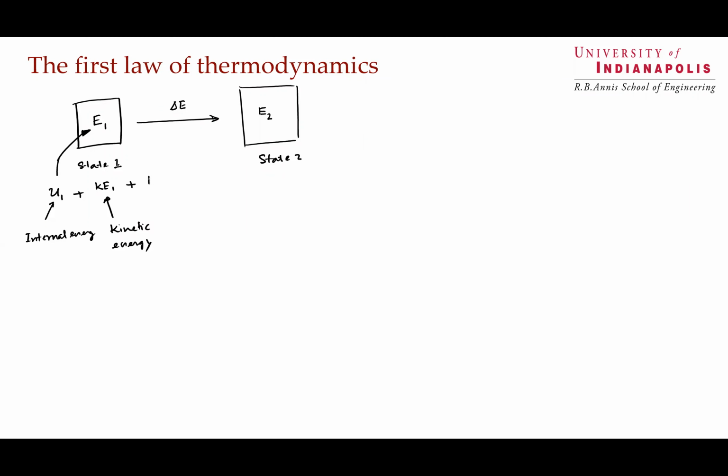And then we have PE1, which is potential energy. And accordingly, at state 2, we have U2 internal energy plus KE2, kinetic energy, plus PE2, potential energy. So if you want to find the energy difference or energy change during the process,